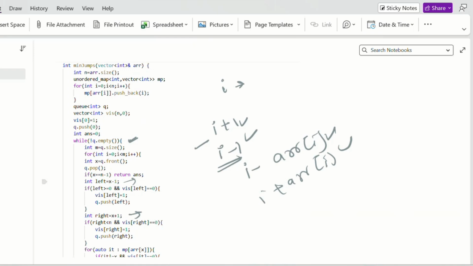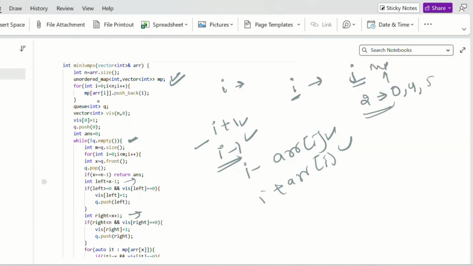The only change in this problem is that I use this map. Why have I used this map? Because from my ith index I can move to any jth index having the same value as the value at the ith index. For that, I need to store, for a value, which indexes it appears at, like the zeroth index, 4th index, 5th index also. For this I have used a map.